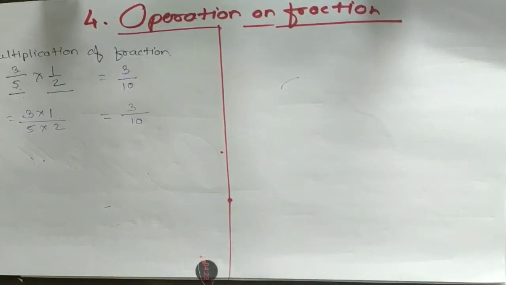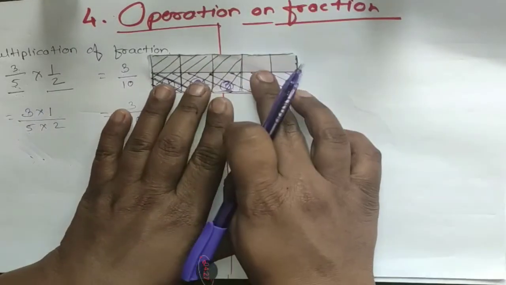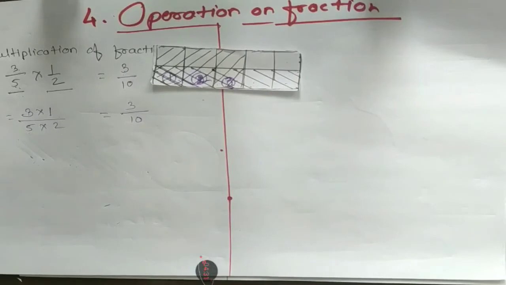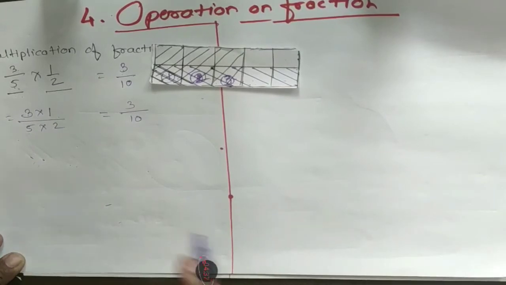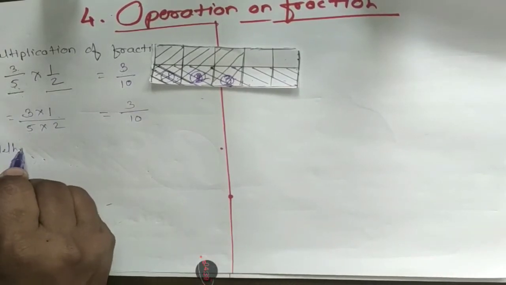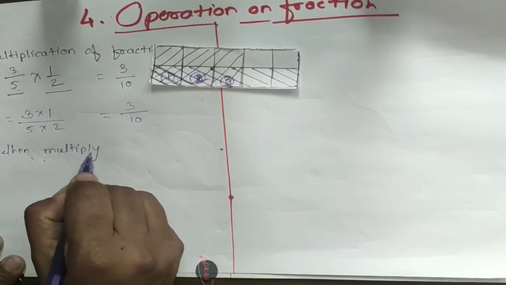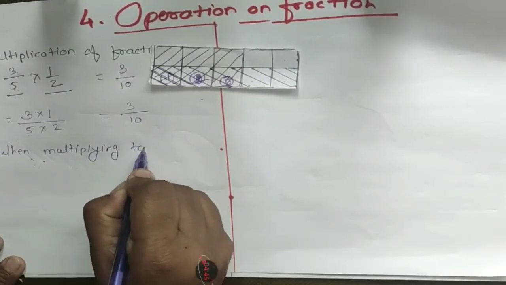We get it by both methods, by the activity method using this strip, and otherwise by our common method, that is the simple multiplication method. So what we are understanding from this, when multiplying two fractions,